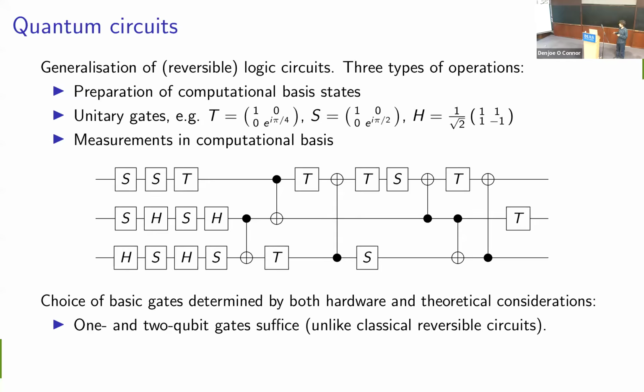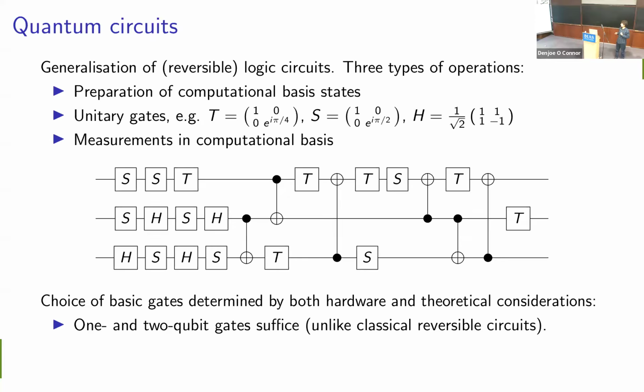And so we can apply them in whatever direction we want, at least in theory. But in practice, in our hardware, we might have restrictions on which 2 qubit gates we can apply. For example, in certain kinds of quantum computing architectures, our qubits, as I've mentioned, are in specific places. And so we might only have specific nearest neighbor controlled NOT gates that we can apply. We can't just do them between arbitrary qubits that might be very far apart from each other. And we might also only be able to do them in one direction.